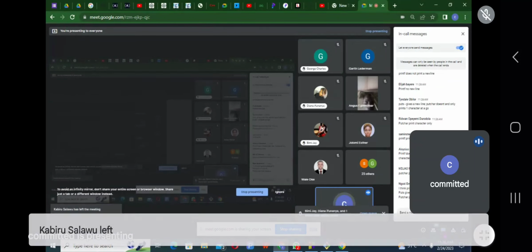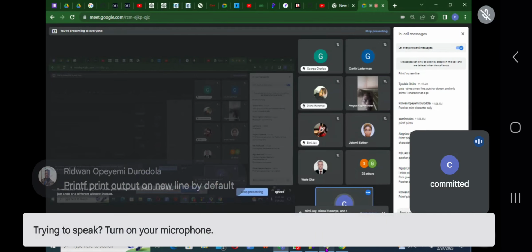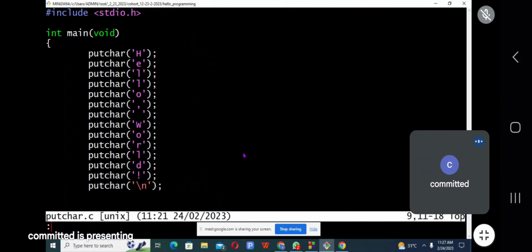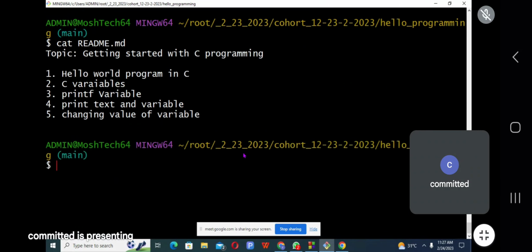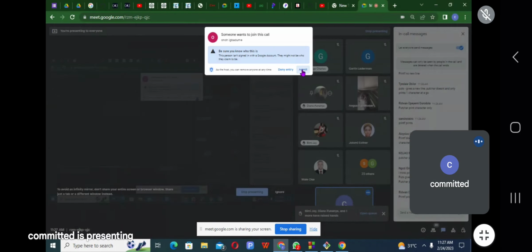Now we've come to the end of that. Let's move to the next topic, the next subtopic. So we've covered this. We want to move to variables. We want to move to C variables.